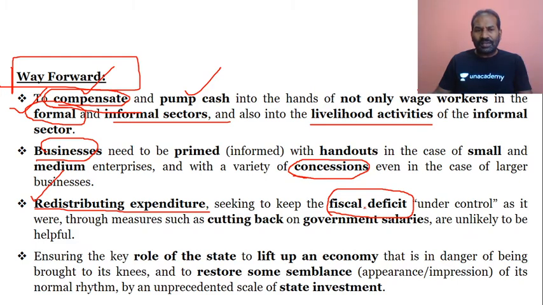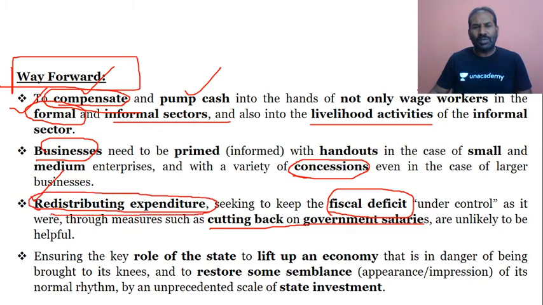What is the other method? Redistributing expenditure is, as the government has gone ahead with cutting back on government salaries. Once government salaries are cut, that means inflation can be checked. At the same time, the fiscal deficit will not be as high as what the government has targeted, 3.5%. Please do understand this keyword or the preface. This is very, very important. It looks simple, but it is very, very